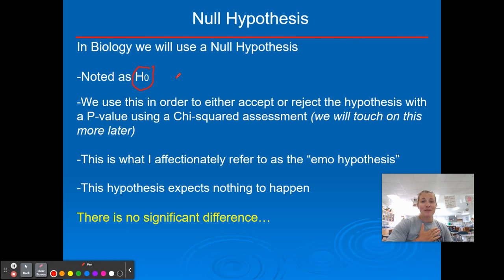So growing up as a millennial, early 2000s high school kid, the emos were like, man, nothing ever matters. Nothing's going to change. That's what a null hypothesis is. It's saying that there is no statistical difference, or like nothing is going to happen. So for example,